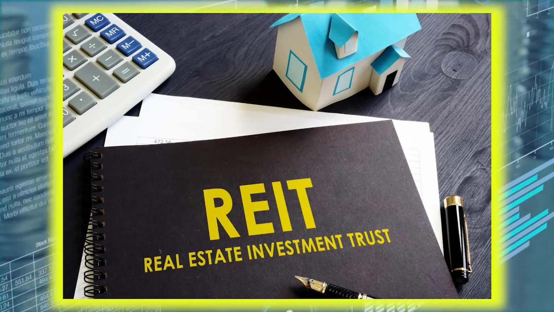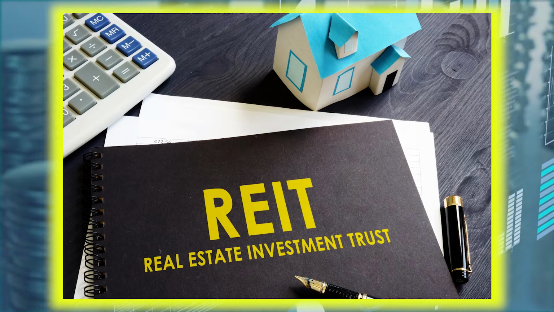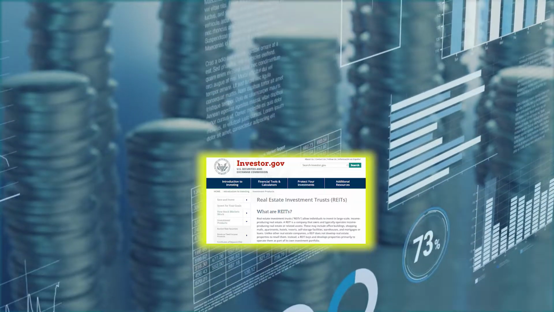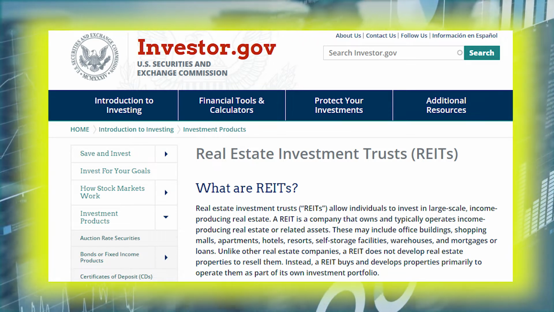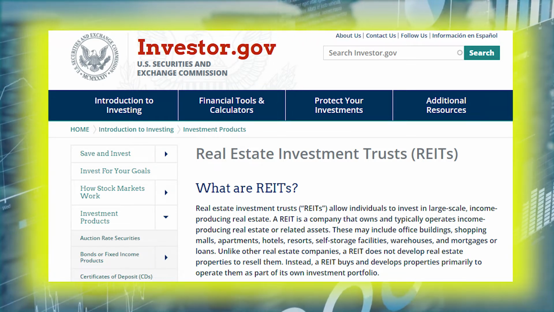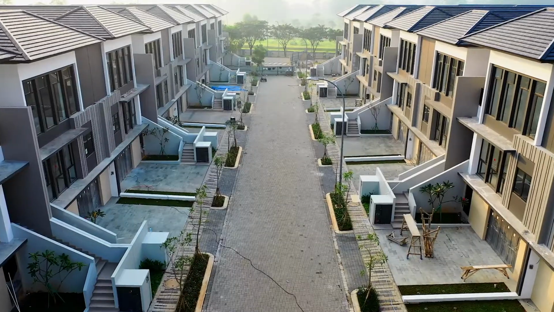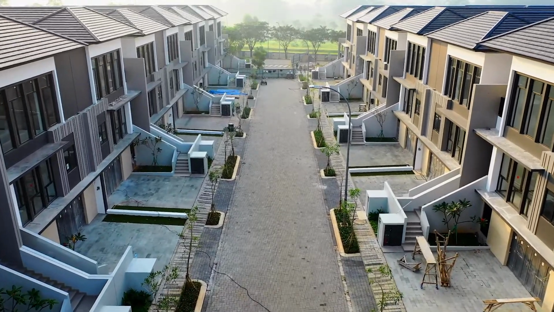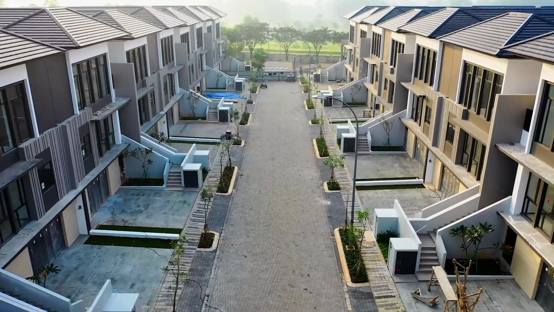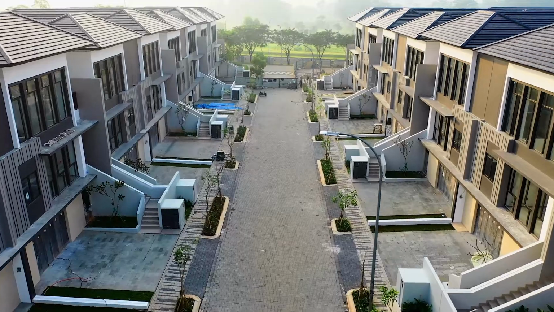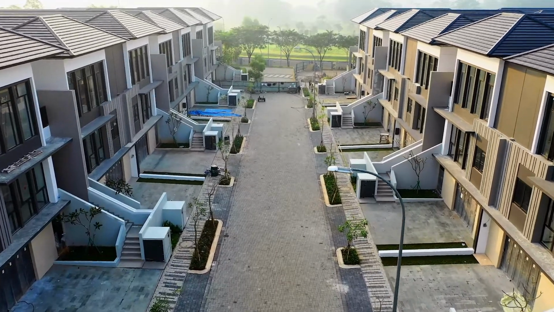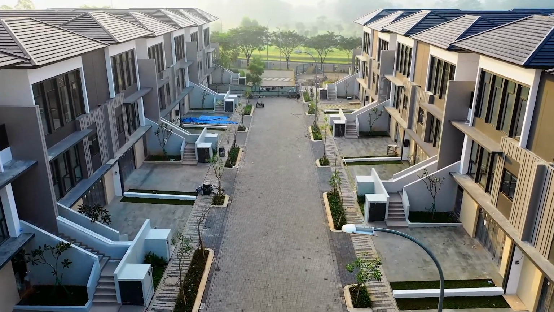Except for dividend stocks, these are among the oldest dividend investments. For individuals who may not be familiar with the term, a REIT is a business that owns, manages, or funds income-producing real estate. They must distribute 90% of their profits to investors as dividends by law. Equity REITs and mortgage REITs are the two different sorts of REITs.